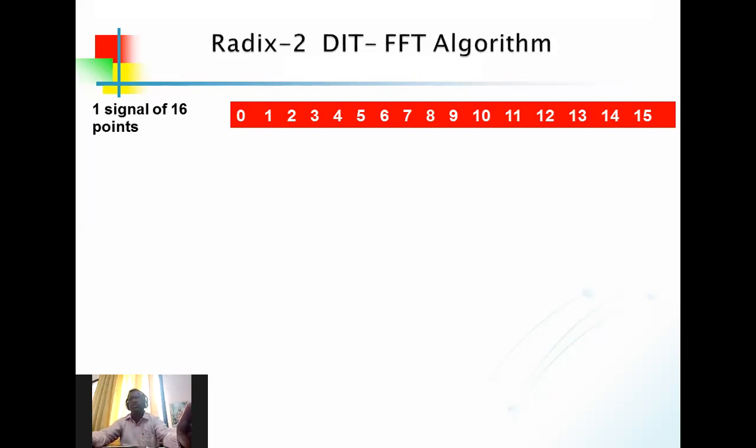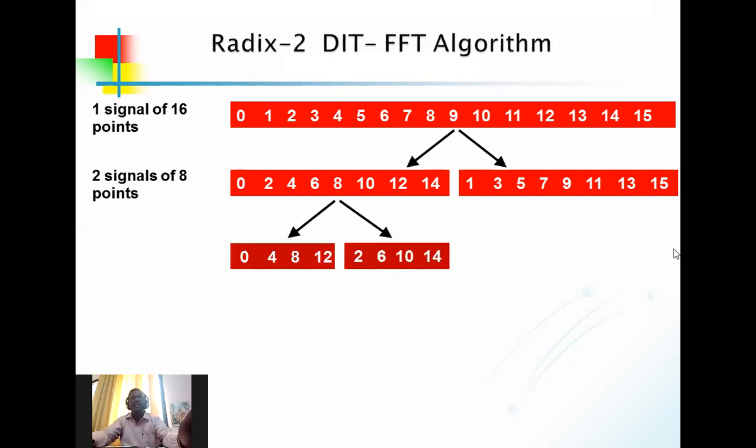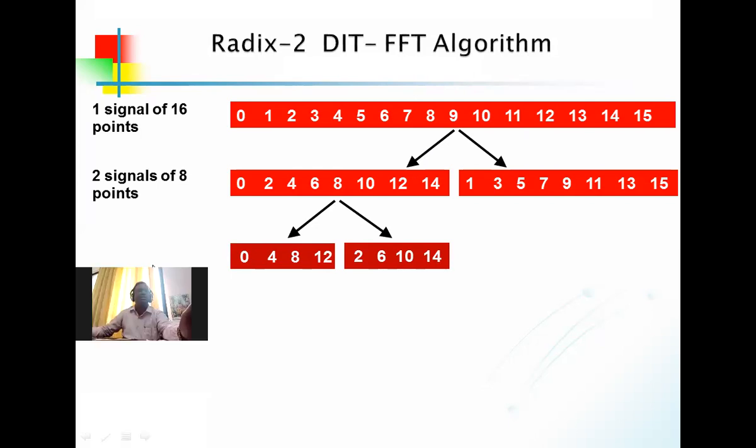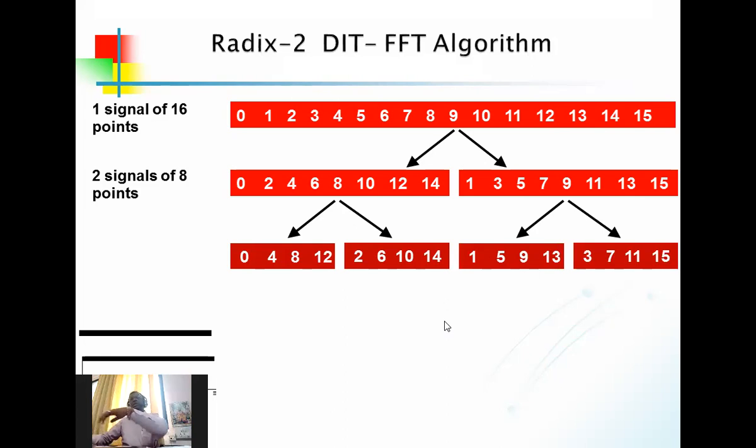Now, this is how I have taken a simple sequence which is having the values from 0 to 15. That means total points are 16. So first we are dividing it into the even and odd parts. Hope you are getting my point. So here the sequence is 0 to 15, and I am dividing this sequence into the even number part and the odd number part. Okay, and then again we are dividing this function with the bit reversal order, right? So that bit reversal, I will tell you what exactly the bit reversal order is. Bit reversal order value, and then this will be the same on the other side again.